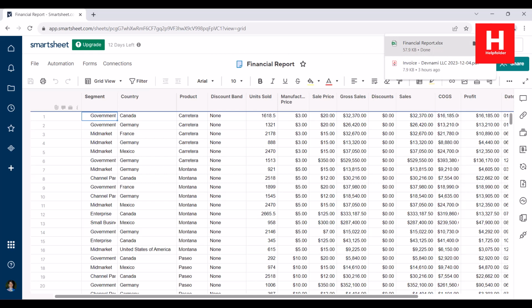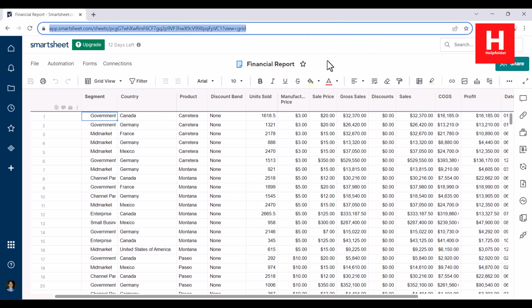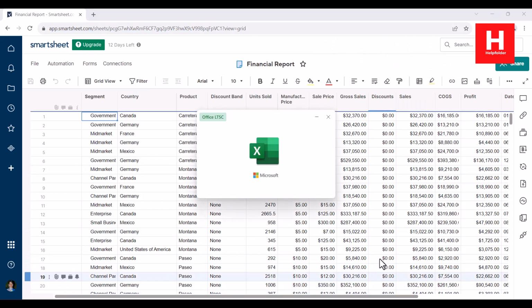You can open this from here as well. This will also initiate the click on that particular file, right? So let's wait for this to load. You can see it is loading in Excel,